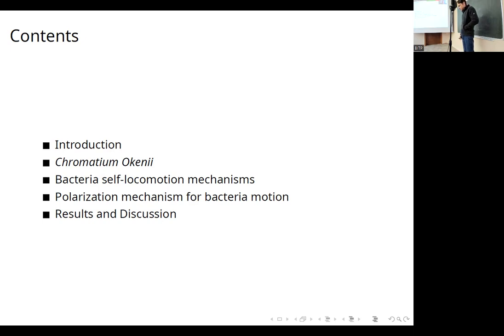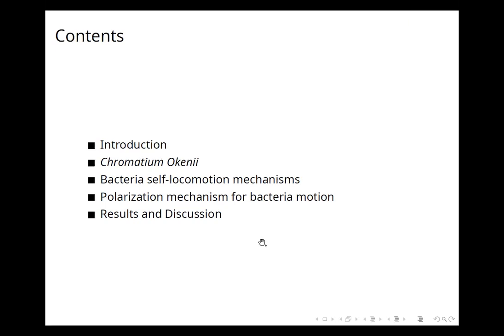We discuss some motivation, then give some properties of our main suspect, Chromatium oceanibacteria. We briefly remind some bacteria self-locomotion mechanisms. Then we discuss what we propose and the results that we obtain.